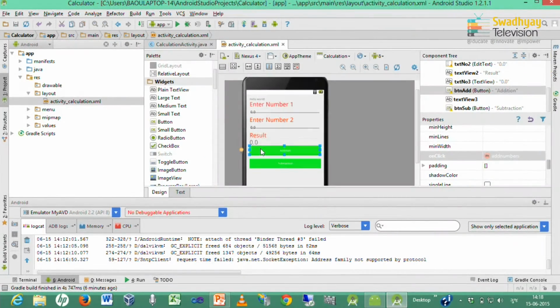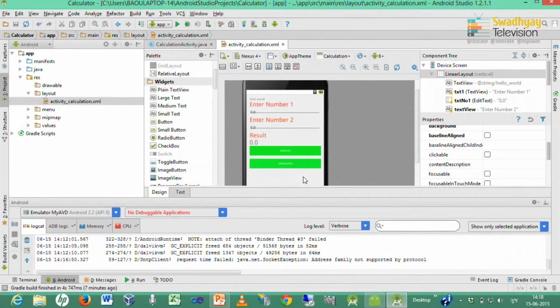To handle this addition event, either you write the method name in on click, or there is a separate way to handle events, using an event listener, that we will learn later on. So, for the first button we have used the on click property, and inside it we write the add numbers method.